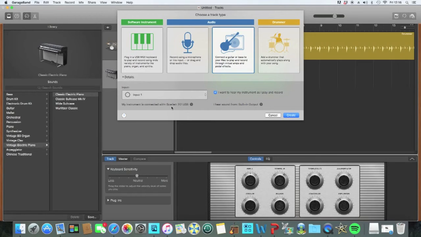My instrument is connected with Scarlett 2i2 USB, so I have a Focusrite Scarlett interface, and this enables me to plug my guitar into the interface, and the interface then plugs by USB into the computer. Now you can't really plug a guitar straight into a computer, so you need something in between, but